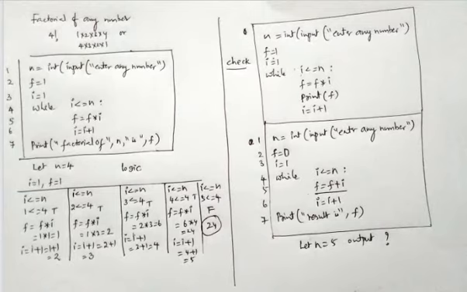So i less than or equal to n. 3 less than or equal to 4 is true. f is equal to f into i, and i is equal to i plus 1. You just complete all the steps, and finally i becomes 5, and 5 less than or equal to 4 is false. You just come out of it. The factorial of 4 is 24. So like this you need to practice all the programs.